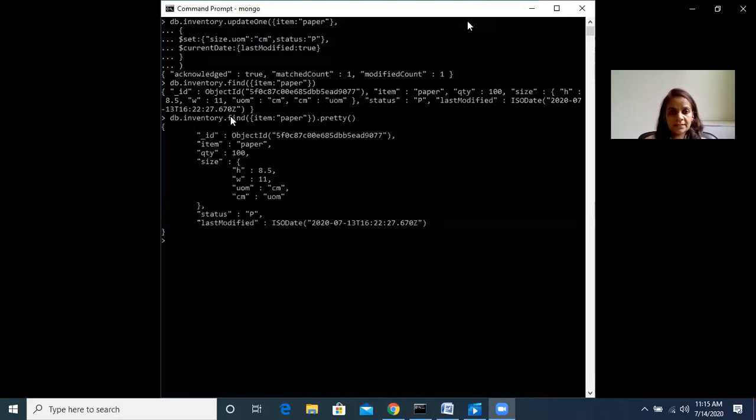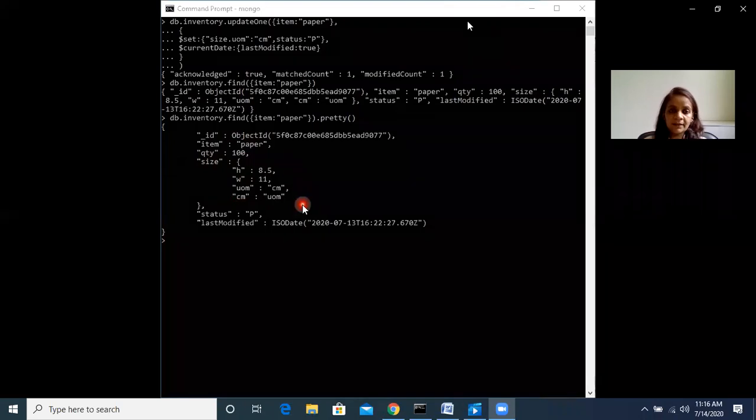Now in this case, we can see the size field has the UOM and the value of UOM has been changed to centimeter, and status has been set to P, which was our second conditional value. And then at the same time it is showing the lastModified date is the current date or time, whichever is your system time.